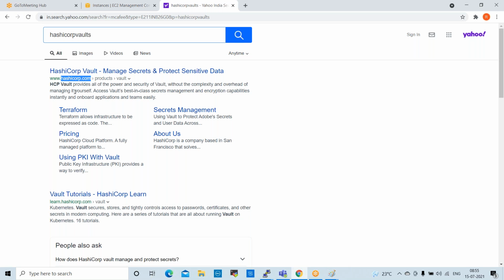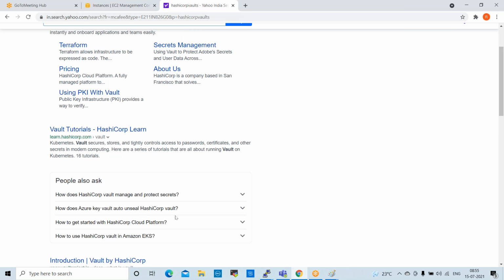Using this vault, we can protect our Docker passwords, secrets, APIs, certificates, all these things. In Kubernetes also we use HashiCorp vault. This is a very simple concept, but we'll have one question: where do we use Docker vaults? Interview question: why do we require Docker vaults?